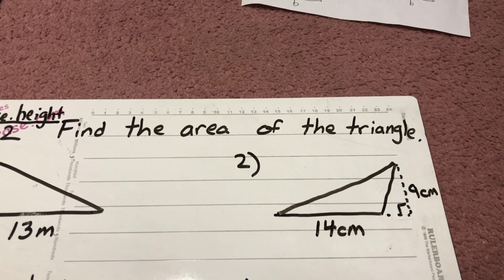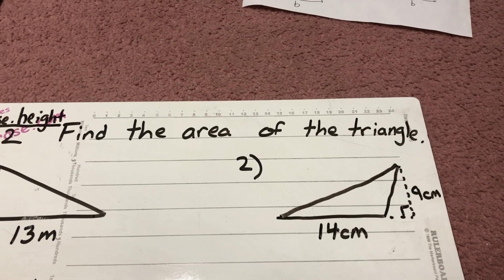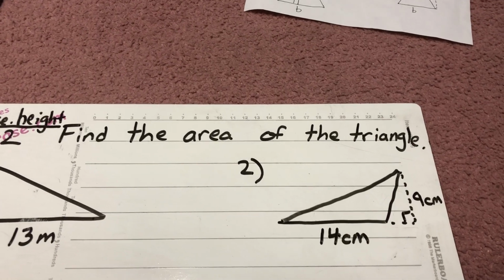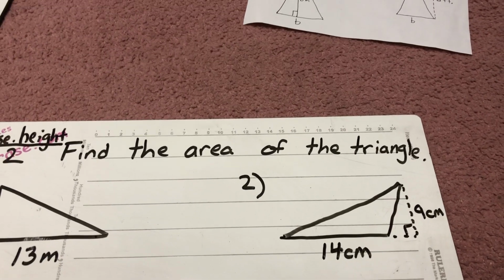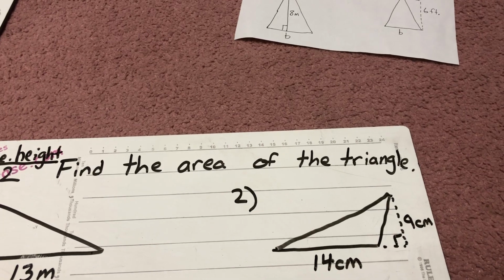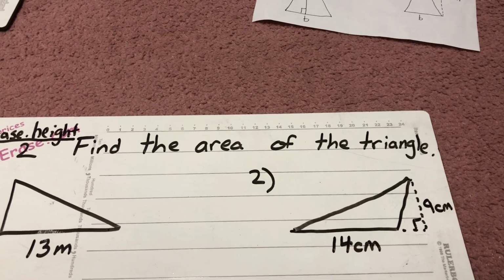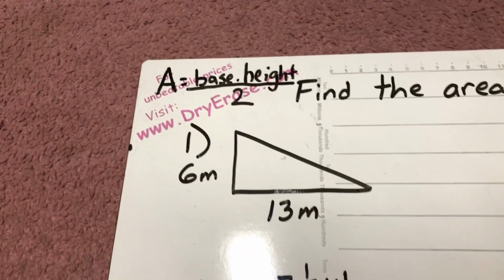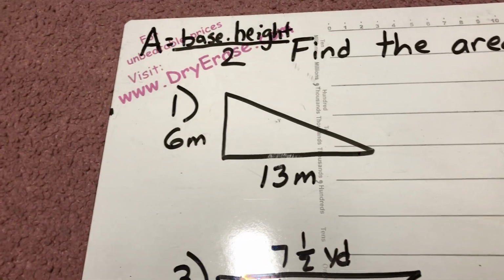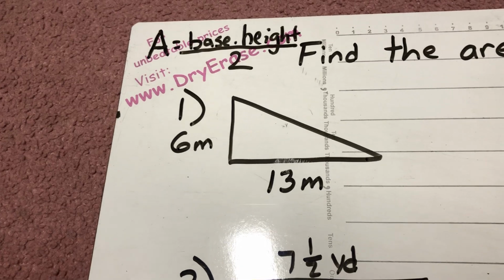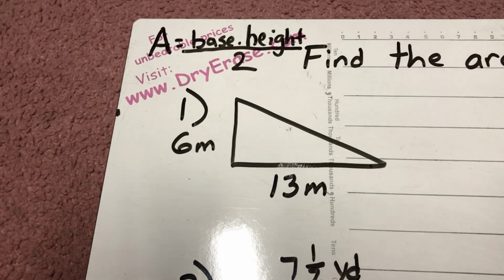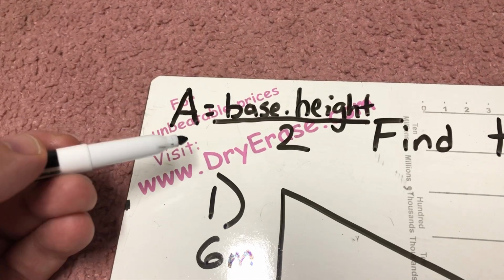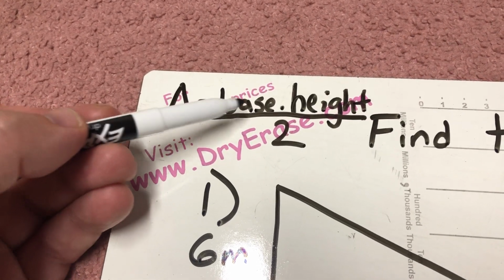Now, remember, in our previous video for 7.1, we referenced area as how much you need to cover. That we envisioned it with a room, covering it with carpet. How much carpet would be needed to cover that room? And so it's the same idea with the triangle. If we had a room that was shaped like a triangle, how much carpet would we need to cover this room? The formula to find the area of a triangle is area equals the length of the base times the